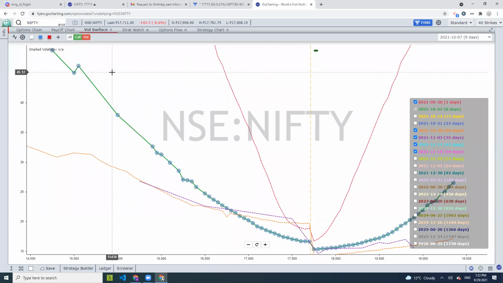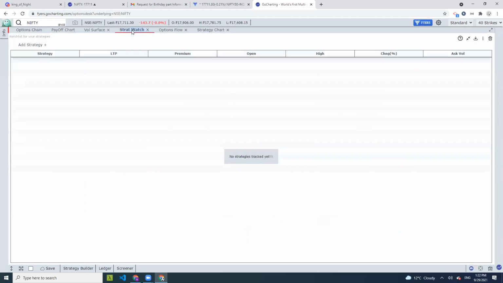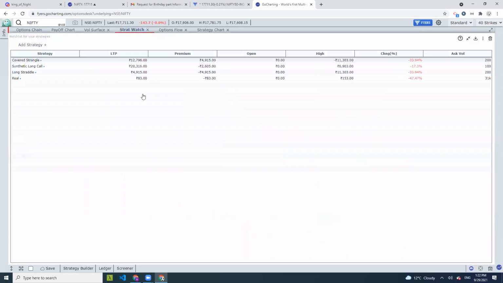Now we have taken some of the questions. I will move on to the next component that we have added called Strategy Watch. What is Strategy Watch, or Stratwatch? You know what a watch list is, right? As a trader, you know a watch list is where you can track a bunch of symbols. But in a watch list, you can add and track one symbol at a time, or one script at a time.